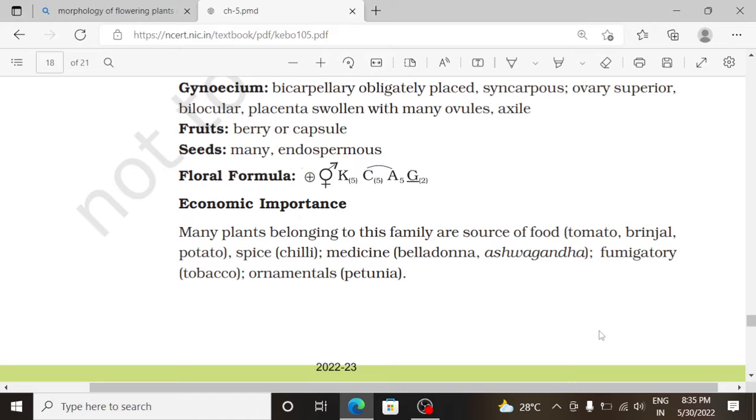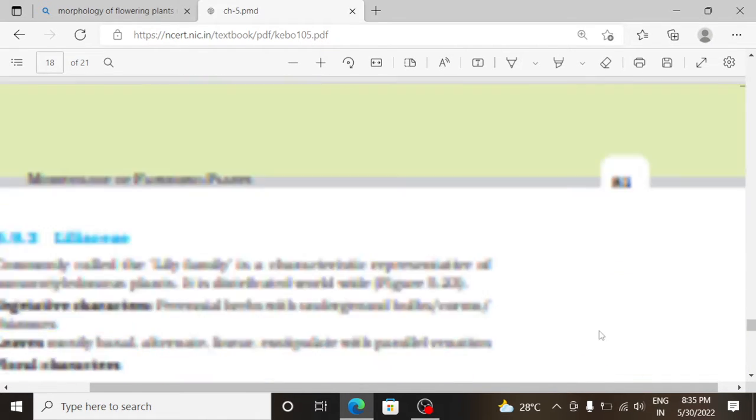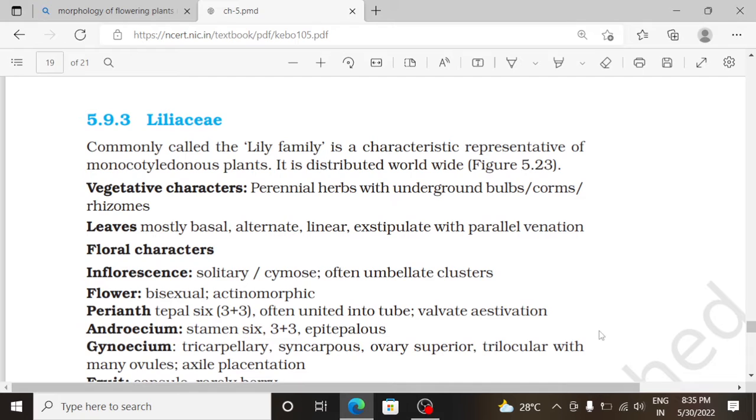Economic importance: many plants belonging to this family are sources of food, tomato, brinjal, potato; spice like chili; for medicine, belladonna, ashwagandha; fumigatory, tobacco; ornamentals, petunia. Okay, so the next is